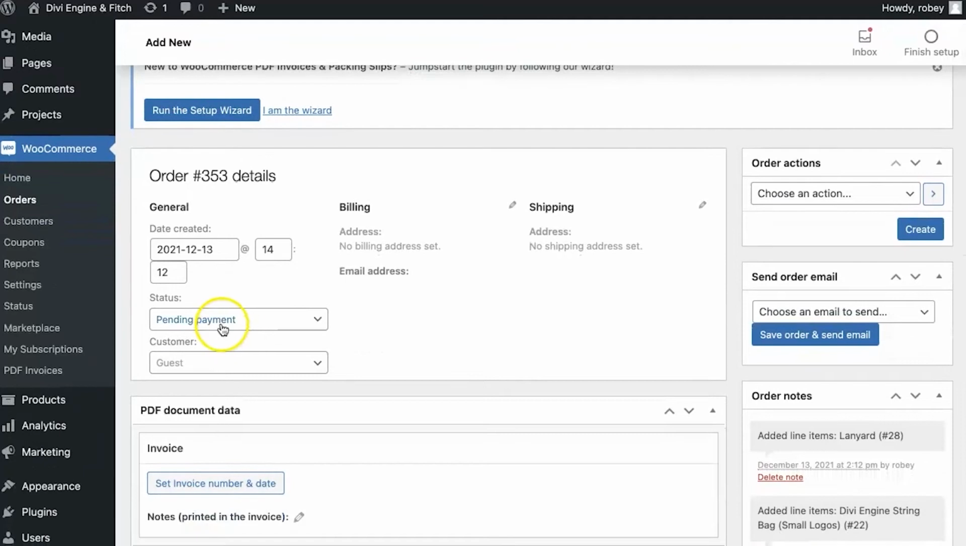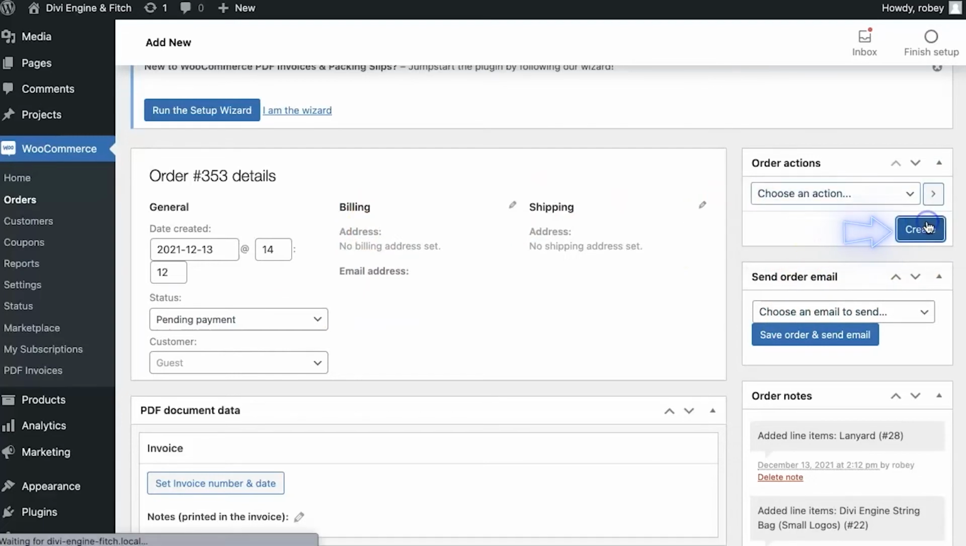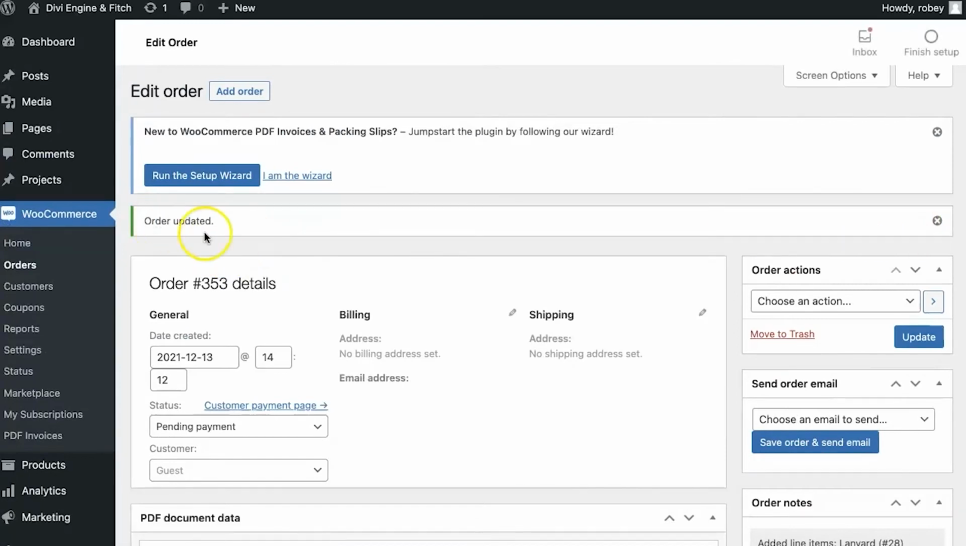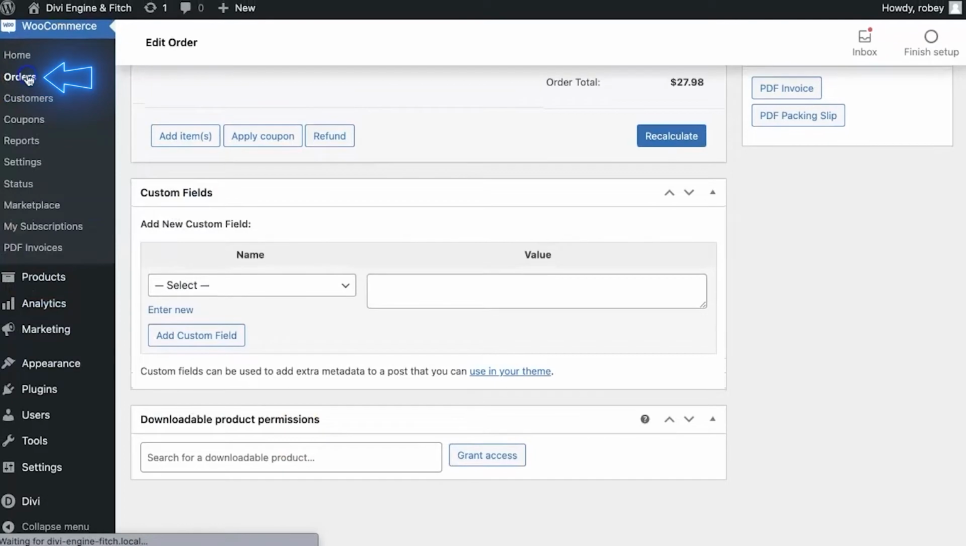We're going to want to add some billing information. Actually, let's see if this will allow me to do that. Great. Create the new order. Okay, it says order updated. And then we've got the information here. Now let's go back to the order screen